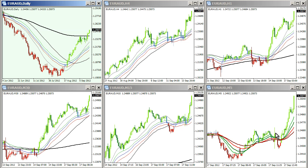Where is the clarity on this chart? Looks a little 5-minute, maybe a little 1 hour, maybe a little 30-minute. The best time frame right now, to me, the best two, if I'm looking at the Euro Aussie and maybe a trade for today, would be the 60-minute. Now it's looking like a 20. I'd go with a 1.2450